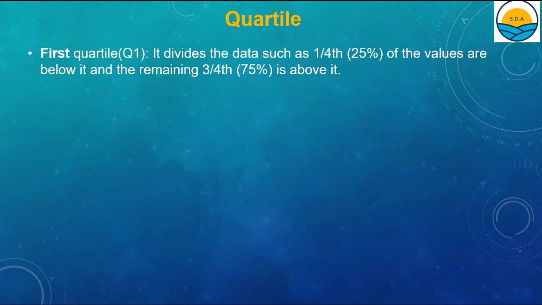So the first is Q1 or first quartile. It divides the data such that 1/4 or 25% of the values are below it and the remaining 3/4 or 75% of the values are above it. अगर हमारे पास में 40 लोगों की एज का डेटा है तो उसका 25% यानी 1/4, 10 लोग जो बॉटम या सबसे छोटे 10 लोग हैं वो क्वार्टाइल 1 में आ जाएंगे।